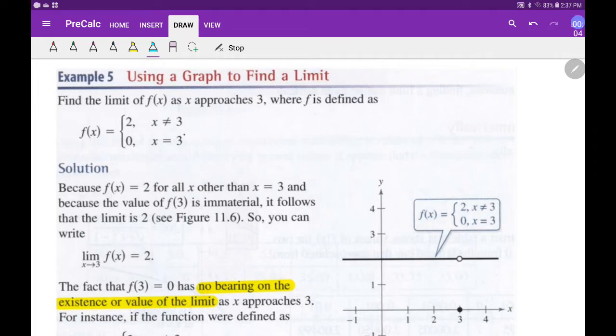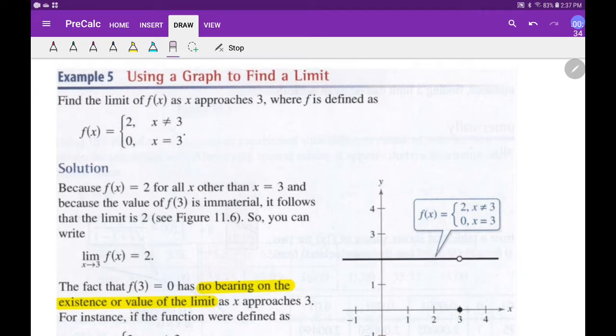Okay, so this is a piecewise function, and it's not a whole lot of a piecewise function because as long as x is not 3, then the function is 2. So we cruise along here at 2 almost all the time, except for that one rare time when x is 3, and then at that one time right there, we drop down to 0. So, knowing that,